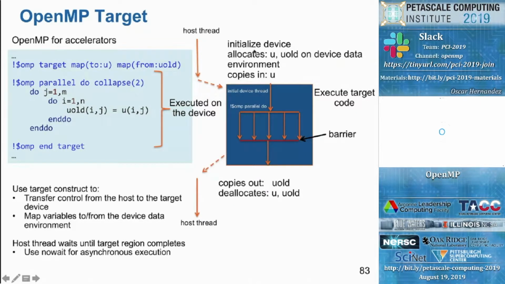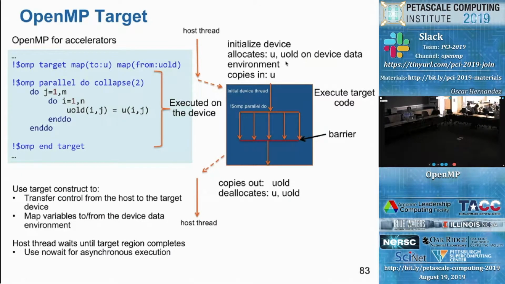It will initialize the state of the device, create an OpenMP environment in that device, and then it will start allocating the variables in the device data environment. Once those variables are allocated and created in the device, it's going to create a copy: we copy the data that is in the host into the device. And as soon as that happens, we're ready to start the execution of the code in the device,